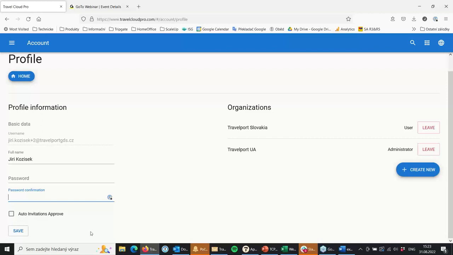It means that if somebody invites me, the user, to an organization, I will receive the invitation email. So I am aware that somebody invited me. But for some certain cases, or better say products, for example, the corporate booking tool, we enabled the users to auto invitation approve, meaning when somebody sends me the invitation, I will be automatically approved, automatically agreeing to be